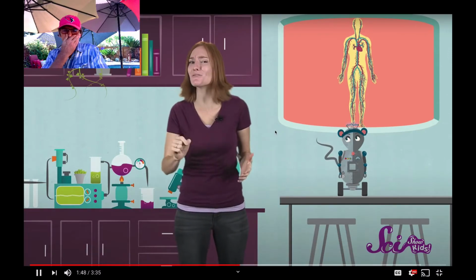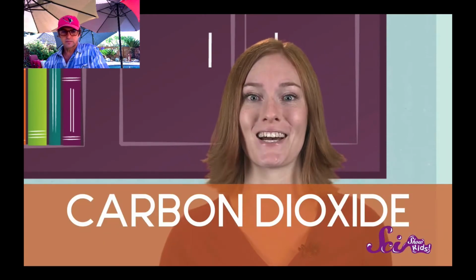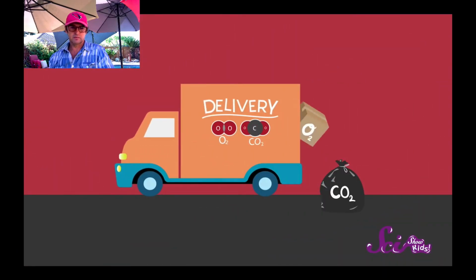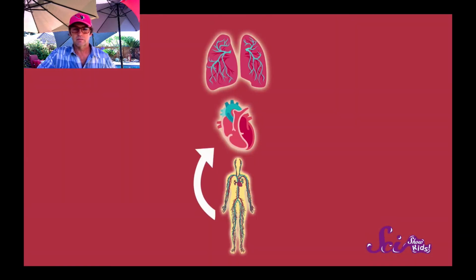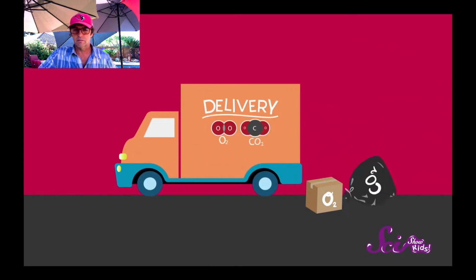As your blood gets pumped around, all of the different parts of your body take the oxygen from it, and they use it to do their jobs, whether that's making your leg muscles move so you can run or helping your stomach take care of that sandwich you had for lunch. But your body also has a bunch of stuff that it needs to get rid of, especially a gas called carbon dioxide. So after your blood drops off its shipment of oxygen, it also picks up that waste and hauls it off. When your blood gets back to your heart, it gets pushed to the lungs once again, where the blood drops off the carbon dioxide and picks up more oxygen.